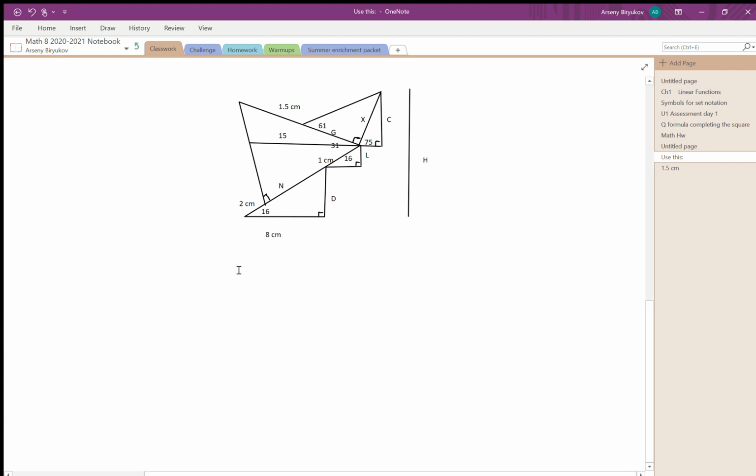So for this assignment, we must solve for the variables x and h. To begin solving for them, we must first find the variable d. To find d, we must use tangent, because tangent is opposite divided by adjacent. Thus, we make the equation tangent of 16 is equal to